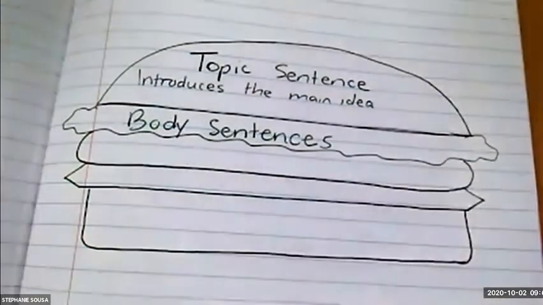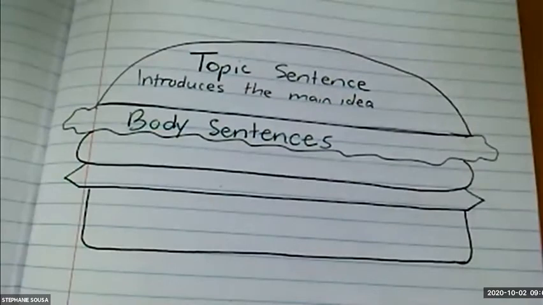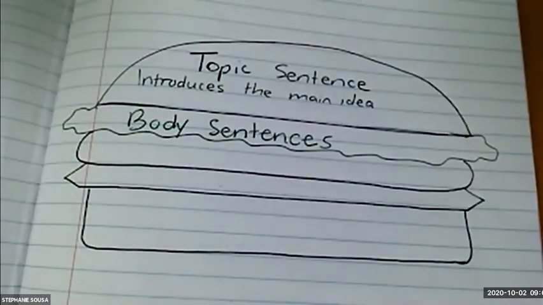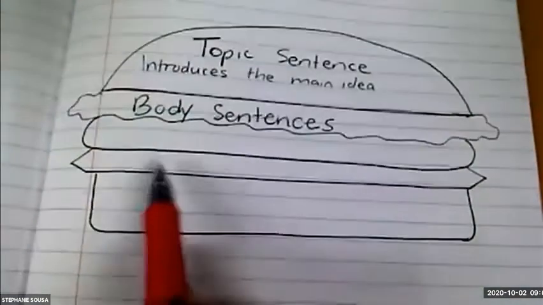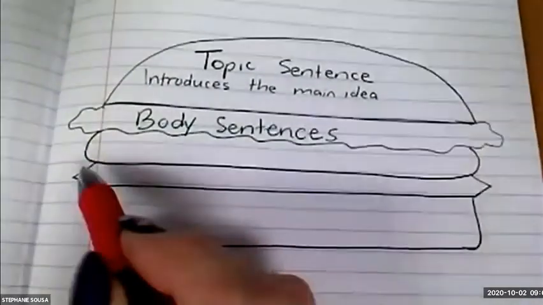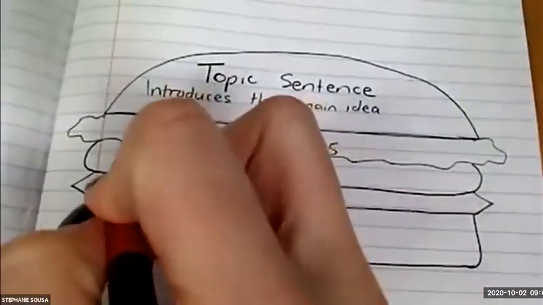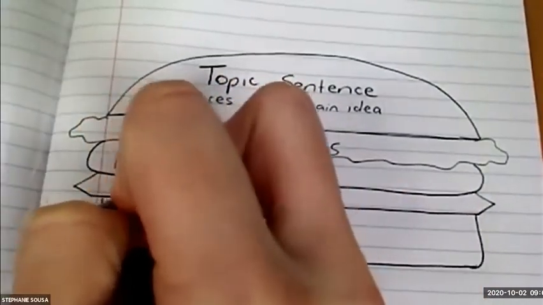So as I shared, our body sentences are where we get the flavor. It's where we get the interesting part of what we are informing our audience of. So inside of my little hamburger, or if you don't have room, just draw an arrow and write it below. That's okay too. This is where the main